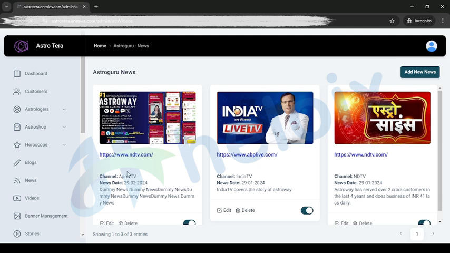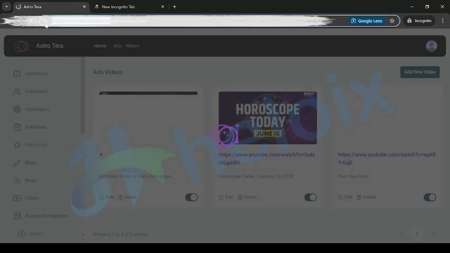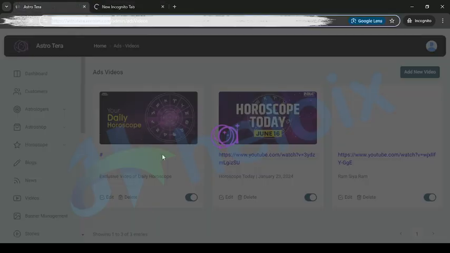If there is an introduction video or any feature video, here you can set up your own video, or any other video also. All types of video will come on the front end. I will show you that front end as well. Here you can check the video data, add, delete, or disable it easily.